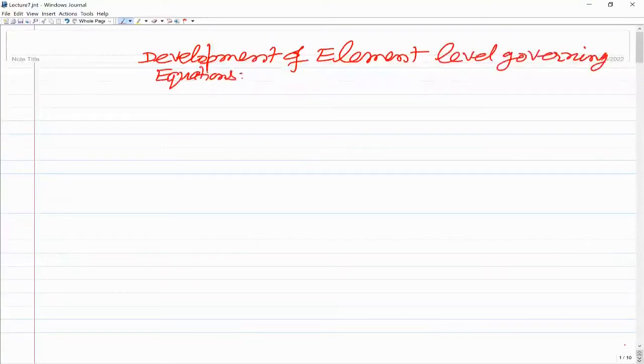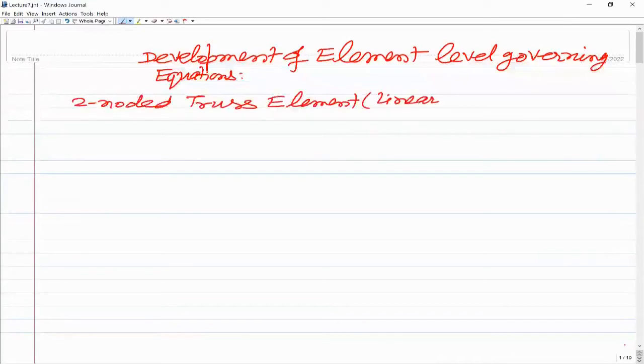So we took an example of a two noded truss element. We also call it a linear truss element. Linear means that the displacement within the element is a linear function of x. Linear truss element. I am not going to summarize everything, but what we actually did is that